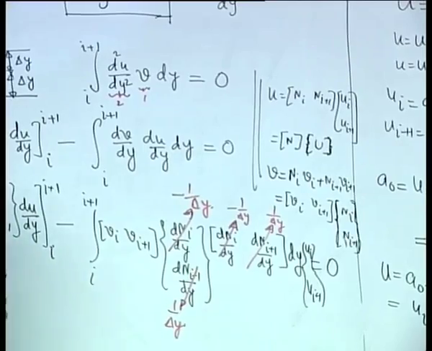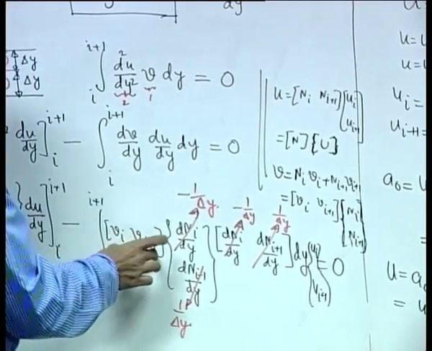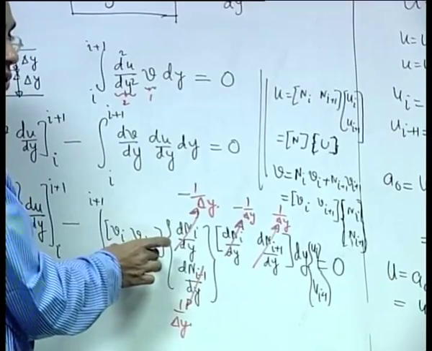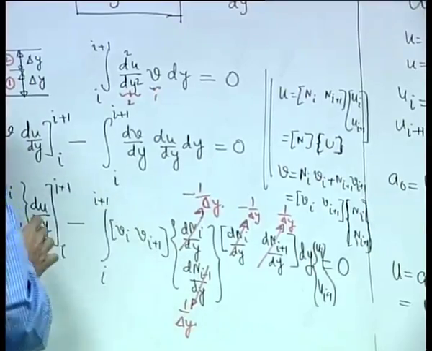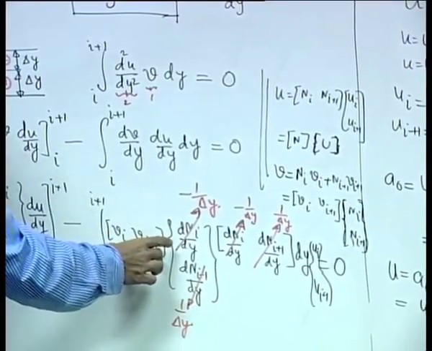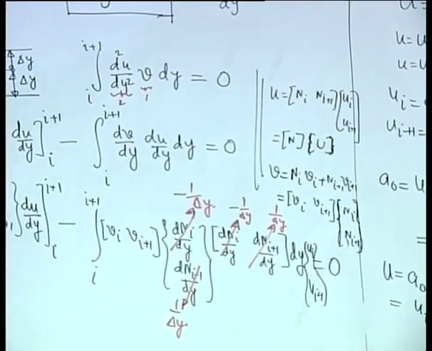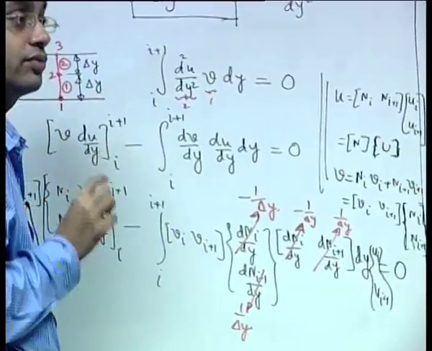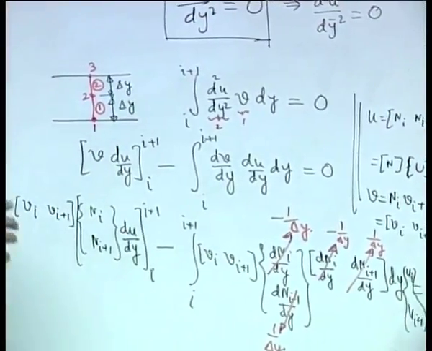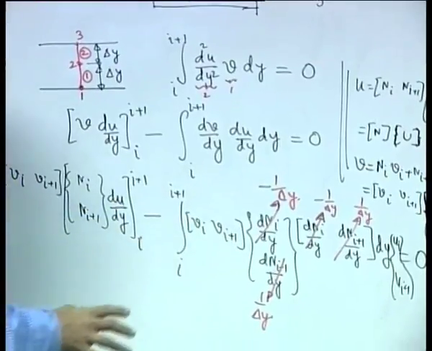The next step what we do, we consider that these variations are arbitrary. So, essentially we can forget about this and write the terms as if we have cancelled the variations from both the terms. Arbitrary most importantly, but not 0. If they were 0 then it would have been division by 0.